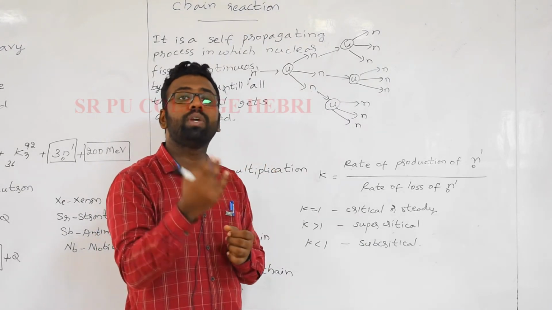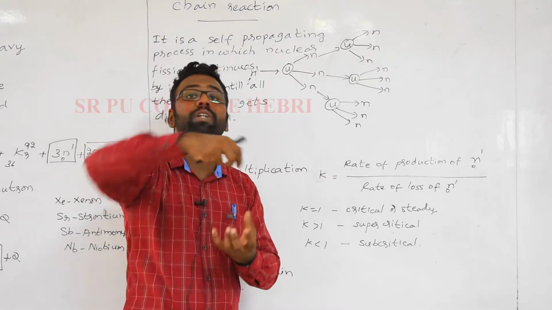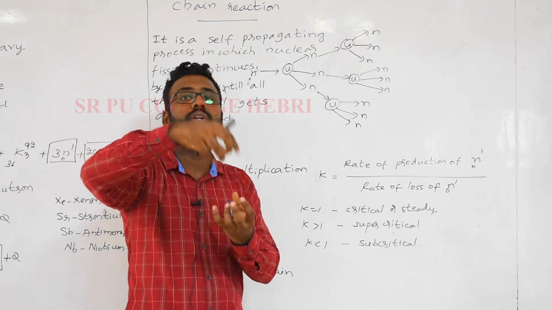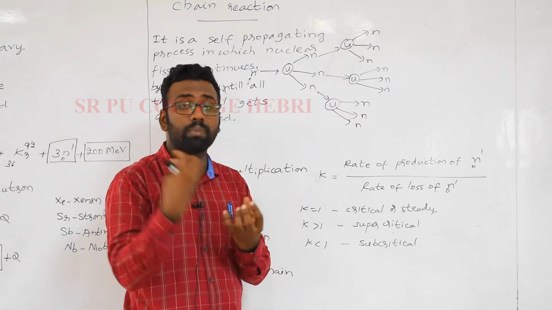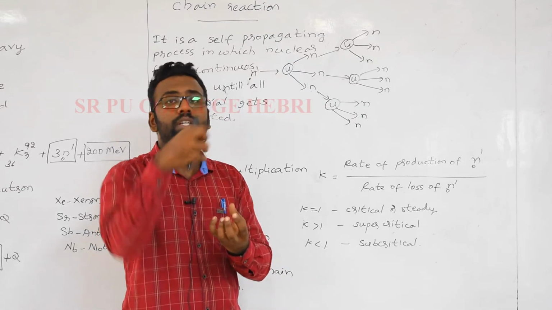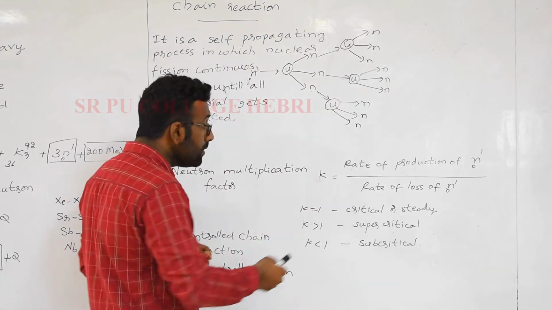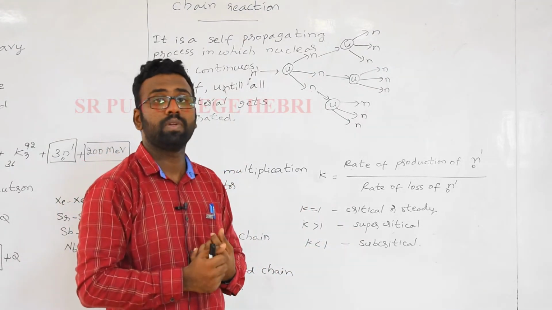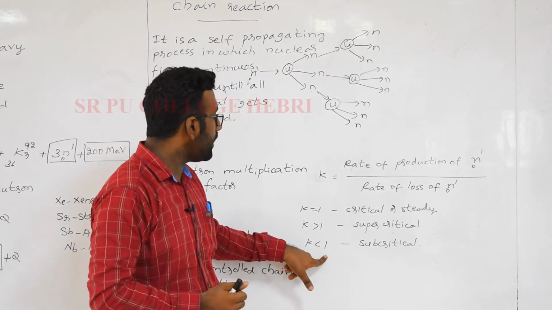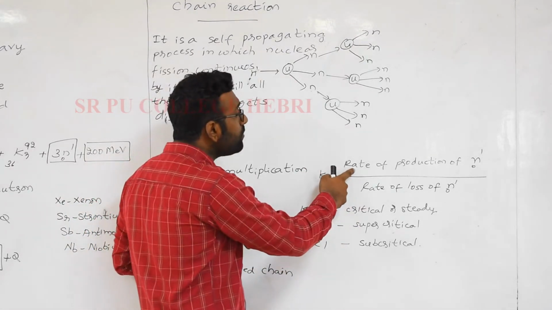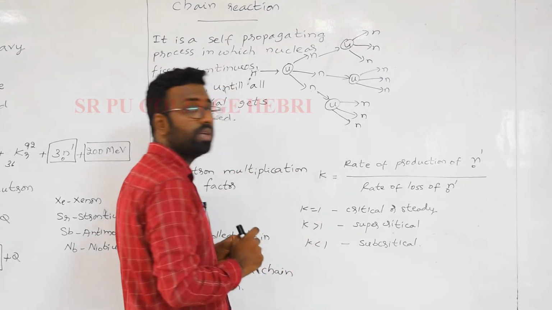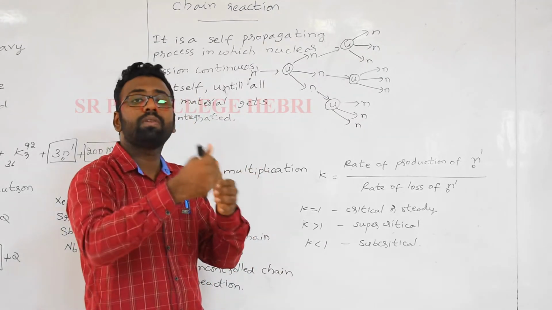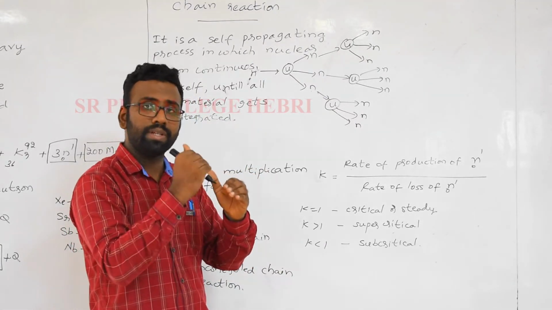Then what you actually do in a nuclear reactor is dip some control rods. Control rods like graphite rods or heavy water or such things, which I will discuss next, will be used to control it. So supercritical is a very dangerous situation. That is what happens in a nuclear bomb. Then if k is less than 1, the rate of loss is greater than the rate of production. Then we call it subcritical, and after some time the chain reaction is going to stop.